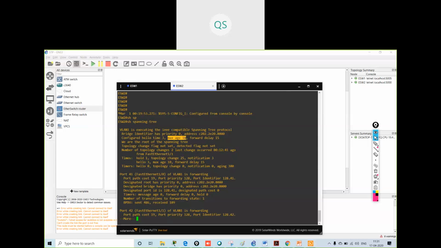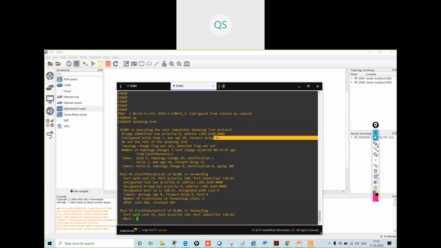Okay, now what is the next timer? Forward delay. What is forward delay? You can say the listening and learning state. The listening state has a default time of 15 seconds and the learning state also has a default time of 15 seconds.